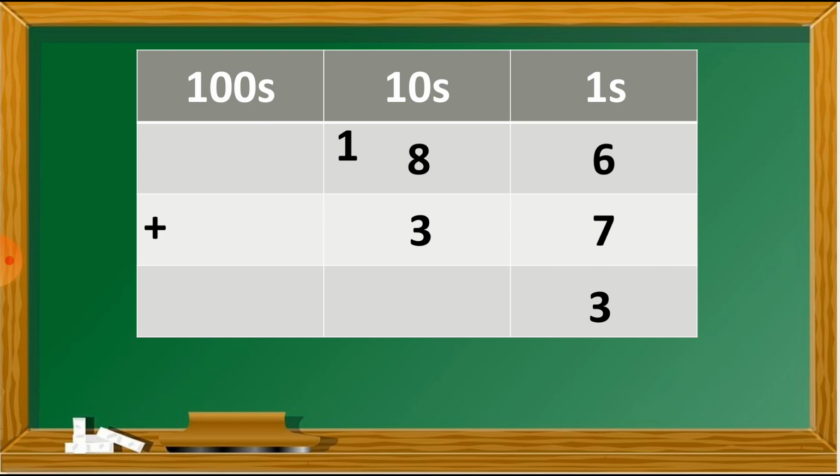And let's add the tens column, 1, 8 and 3. 1 plus 8 plus 3 is equal to 12. And students, we have to write 2 under the tens column and another 1 will move to the hundreds column this way. So this is the answer now, 123. So the answer will come in 3 digits, 123. This way we have to solve the sums, and hope you understood this. There is no doubt regarding this topic.